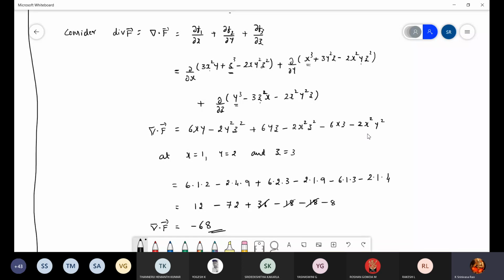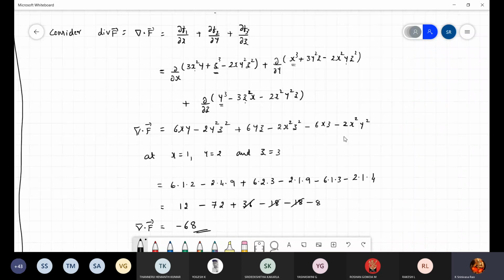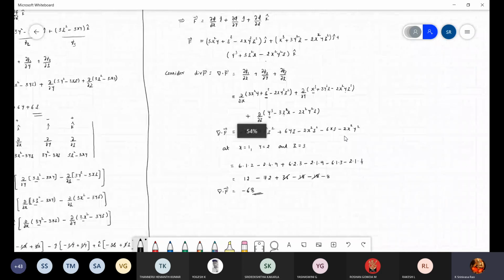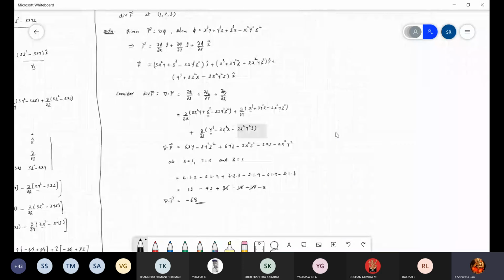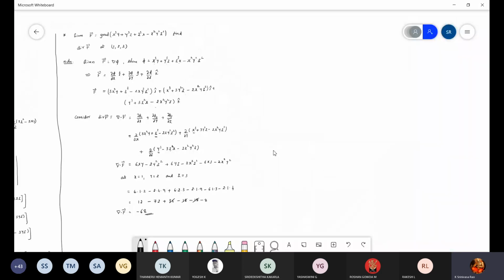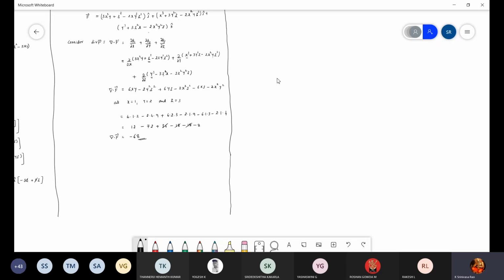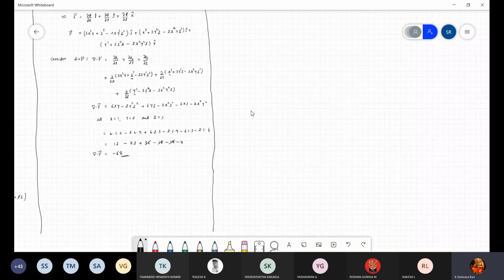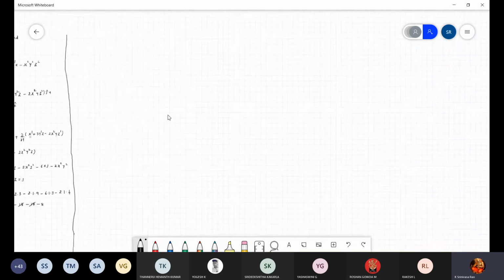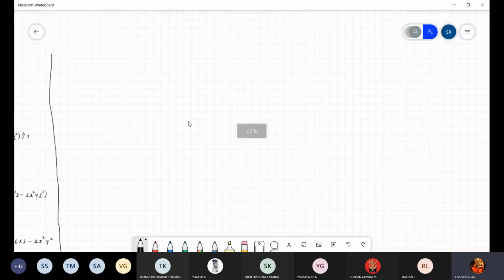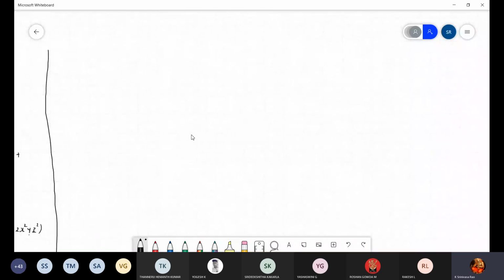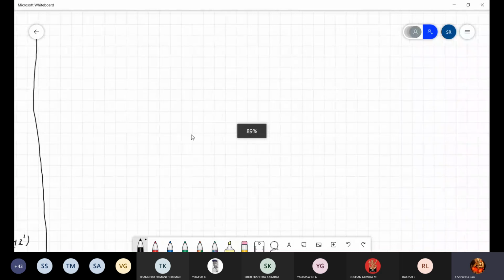Simplification is left to you. I will not restrict you to do it in the same way. Just learn the procedure, and mathematics becomes very simple. Learn the procedure, not the problem. The problem they may give in any way, so you should learn the procedure. So calculation of div f and curl f means we require f. If it is given directly, you consider it, otherwise you find f and substitute in the formula. Okay, next problem.